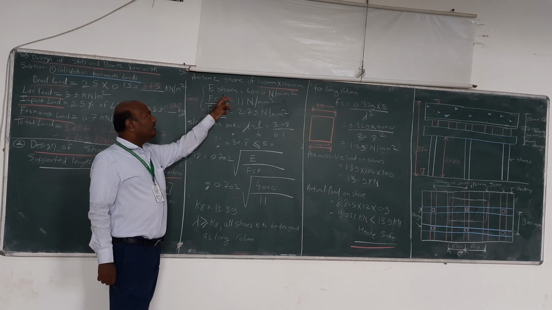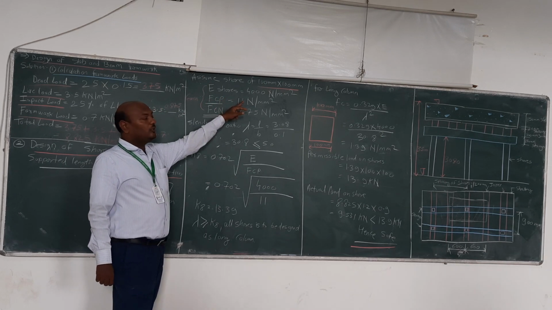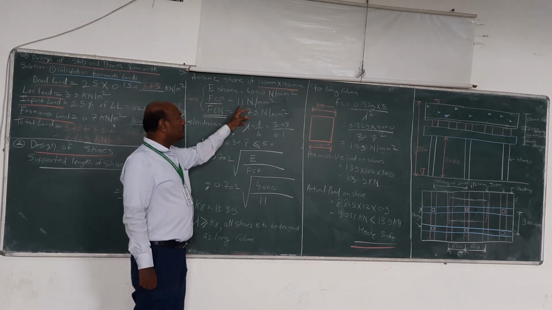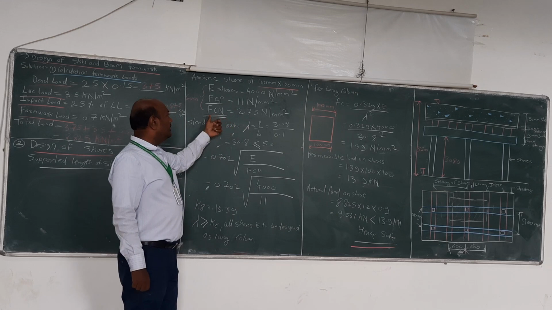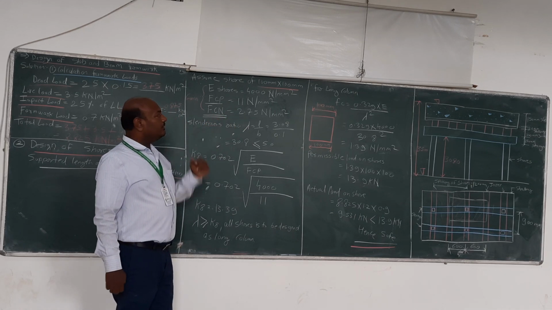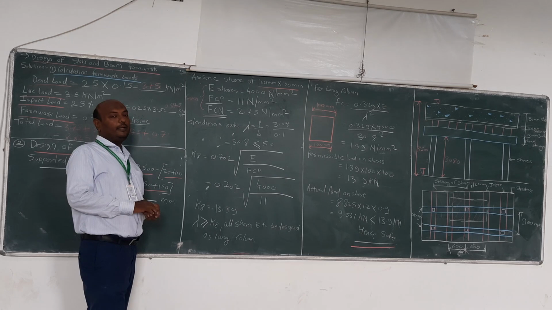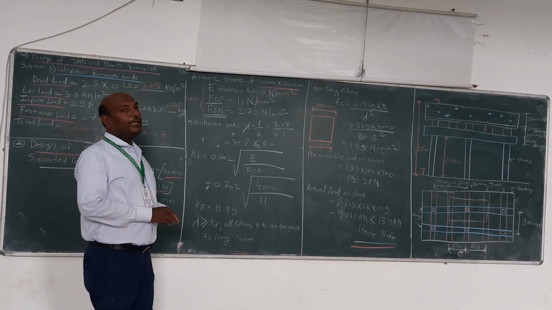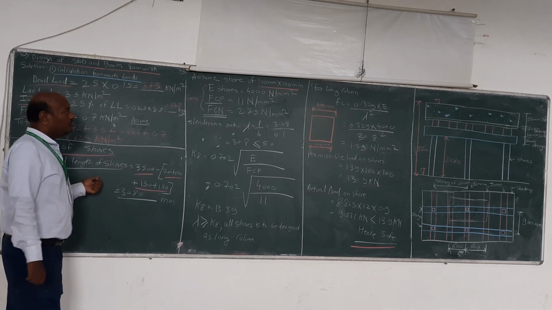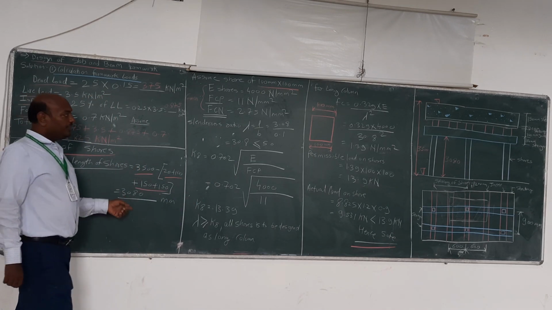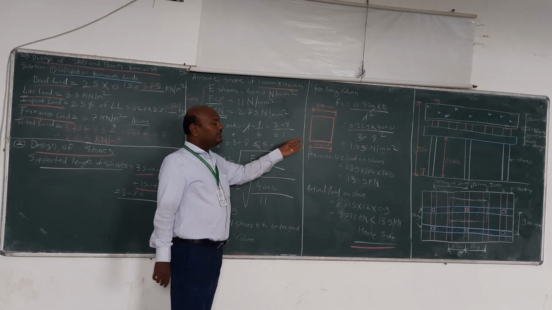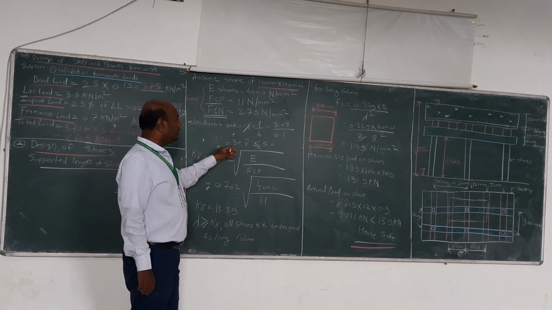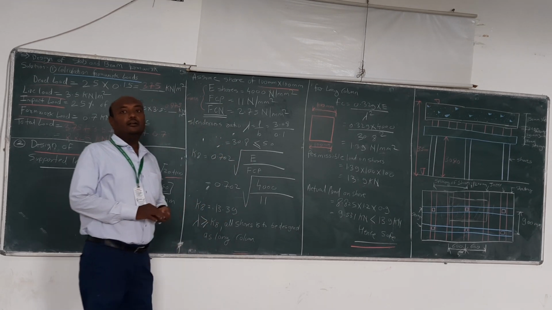Here E of the shore is given. Then FCP, okay, it is given in the question, that is 11 Newton per mm square. FCM is given in the question as 2.75 Newton per mm square. Okay. Now the slenderness ratio lambda is equal to L by B. L is the supporting length of the shore that we have calculated, that is 3.08. B is nothing but the width of the shore, that is 0.1. So here we are getting the slenderness ratio lambda equal to 30.8, which is less than 50.